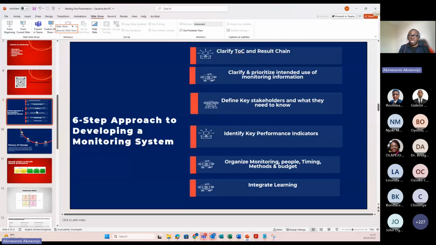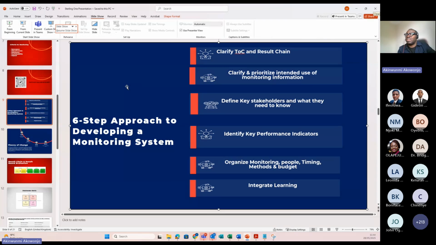Okay, all right. So, clarifying the theory of change and the result chain, where you are able to clearly say that this is the problem that we have identified, and that you also have the right assumptions, like Bridget said, that you are clear on the assumptions you've made for that problem. You are very clear on the intervention that you are putting out, and what exactly that intervention is supposed to do. What does success look like? You have to be clear on, if we apply this intervention with all of the assumptions that you have said, what does success look like? What will success picture at the end of the day? Now, what that helps you to do is that you are then clear in terms of,